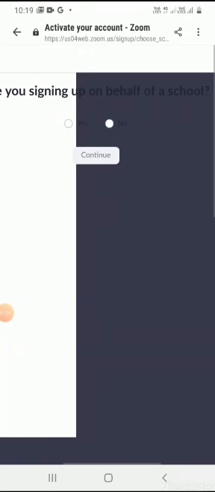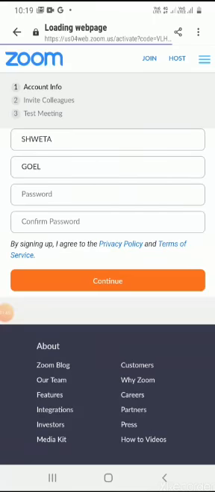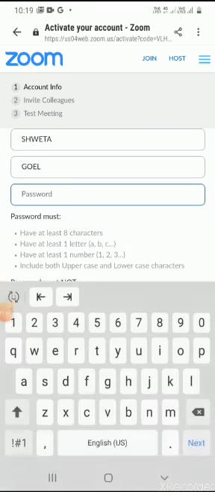So over here it is asking, are you signing up on behalf of a school? Click on no and move to continue. So here it will ask for the password. The password must follow these instructions. So I'm just going to apply the password.